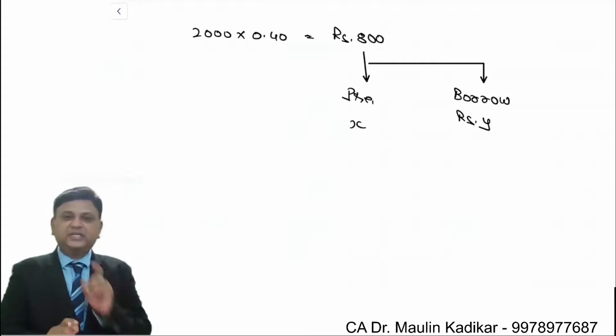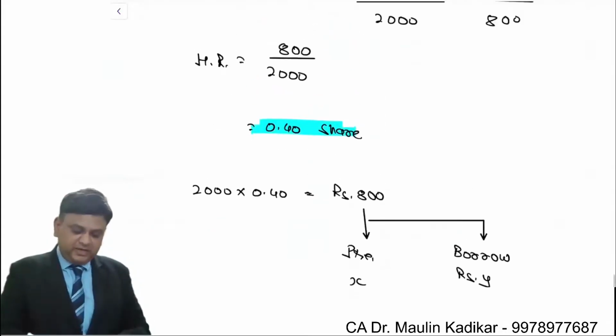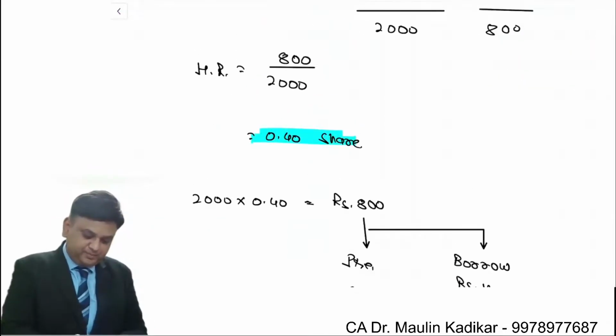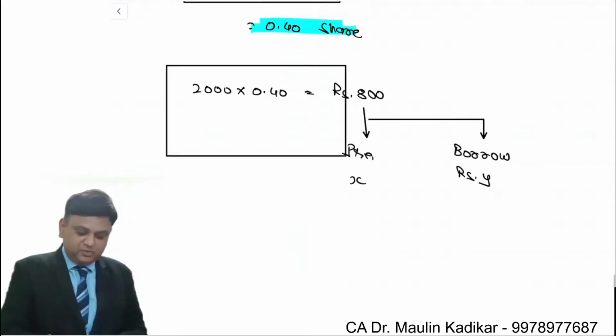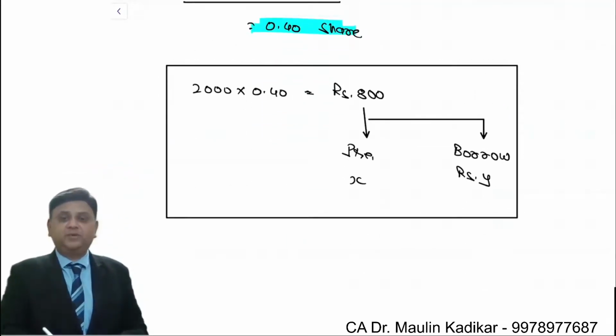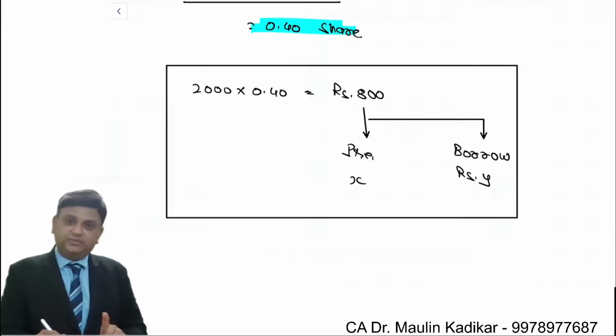In short, in step number 1, very simple, you are required to compute the hedge ratio. Then you are required to write this equation. Let's say an amount is borrowed and an amount is collected in the form of premium. That's it. This is step number 1. Step number 2,